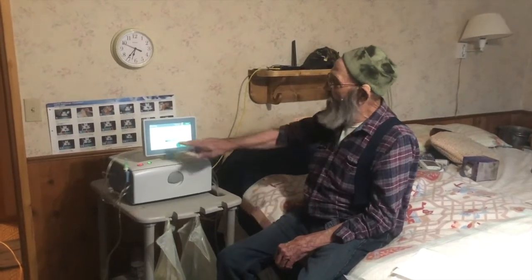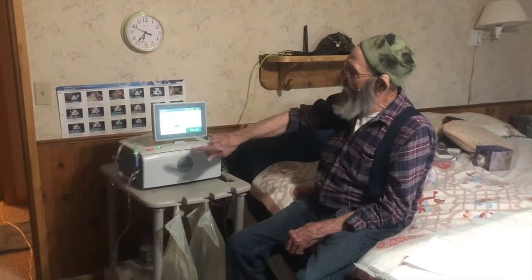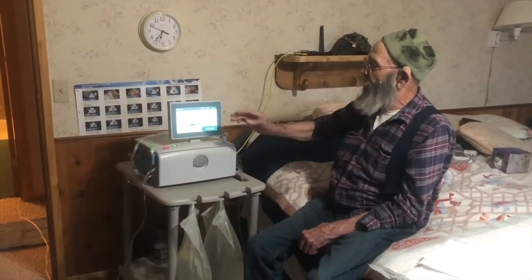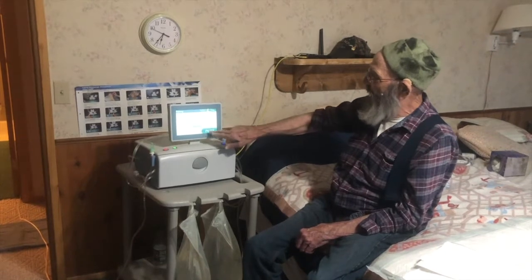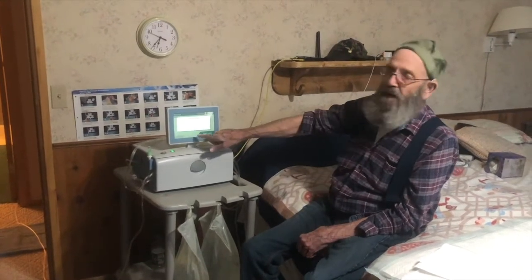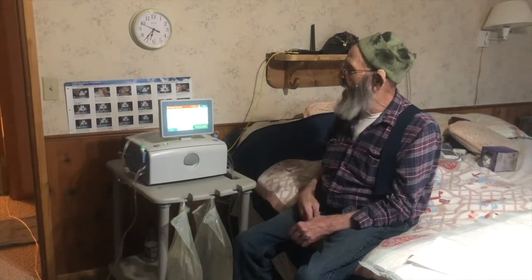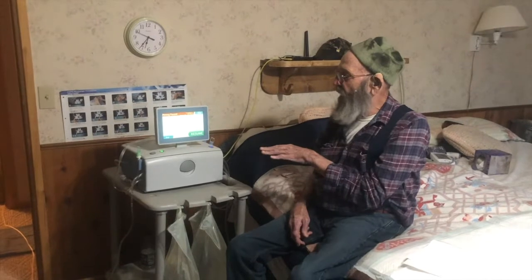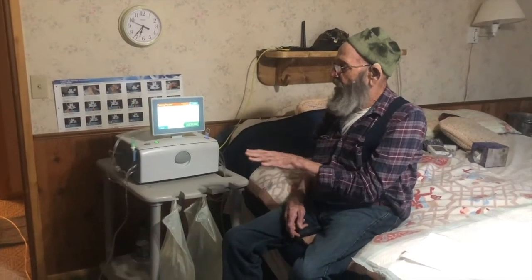Well, see, we've got 2 minutes left, and right now it's priming my lifeline there. So we get it up here to where it says it's 2 minutes left, and I hit pause, and you see it just jumped back to 3 minutes. It does that sometimes. When we come back up here, you have paused the priming sequence. And like I said, this thing will hold this position for 5 hours,